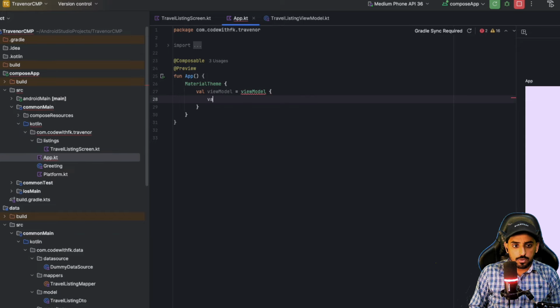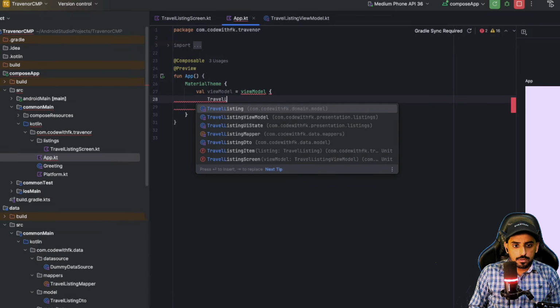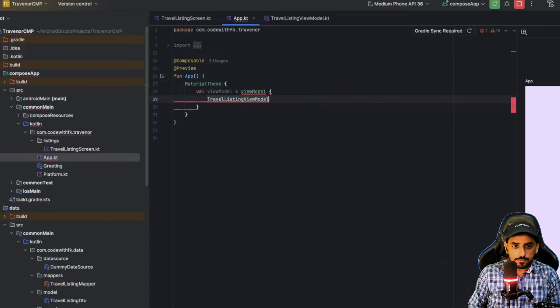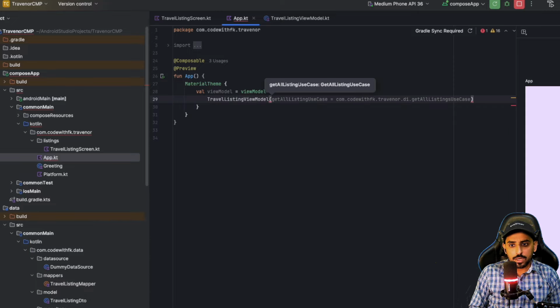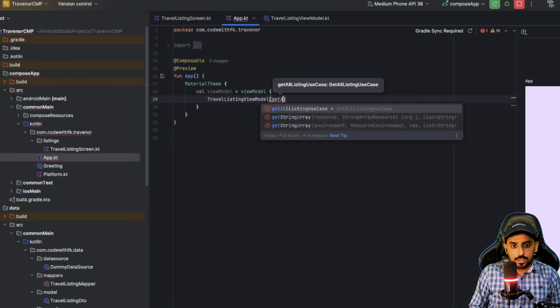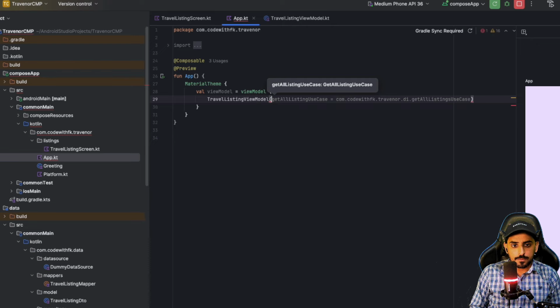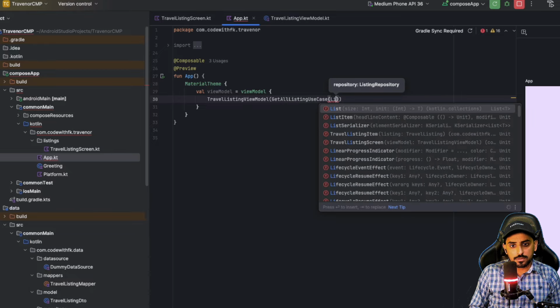So I'm going to say travel listing view model, and it requires some sort of use case for that. So you can say get all listing use case,